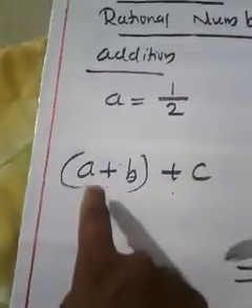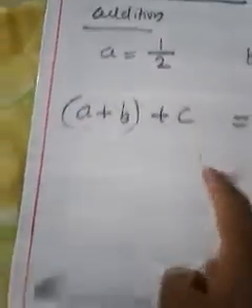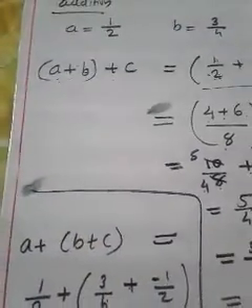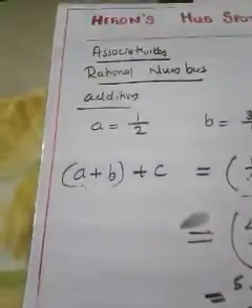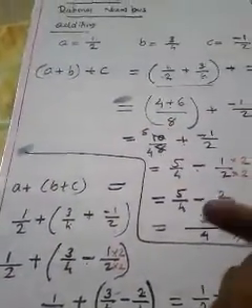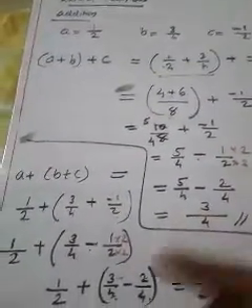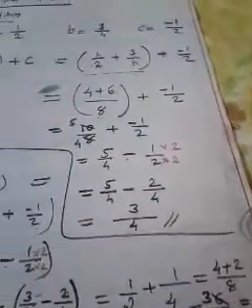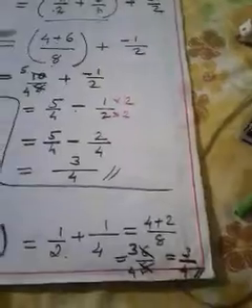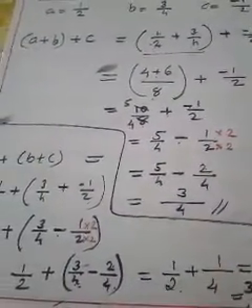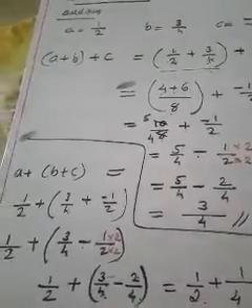Why? Because when I calculate (a plus b) plus c and a plus (b plus c), both results came as equal. That means addition is associative. But still, can you conclude by using just this one example? No, we have to choose one more example and try. I told you, if one example is satisfying, we cannot say that it is associative. So we have to try for at least one more example. Then only we can make a general conclusion.